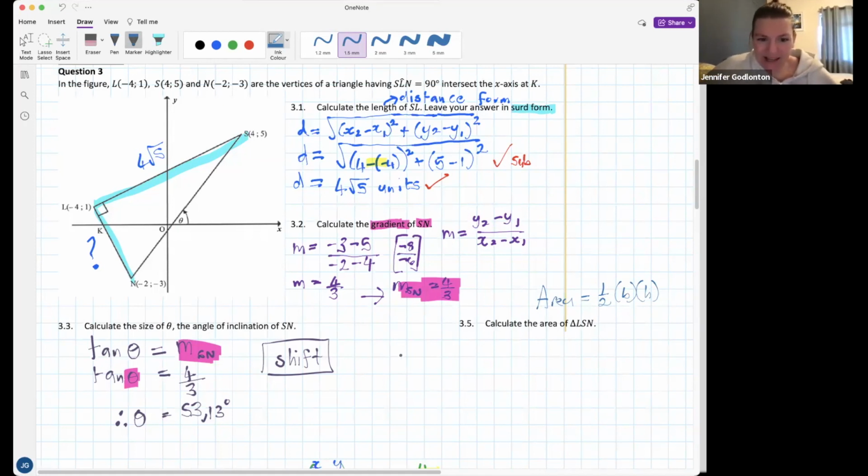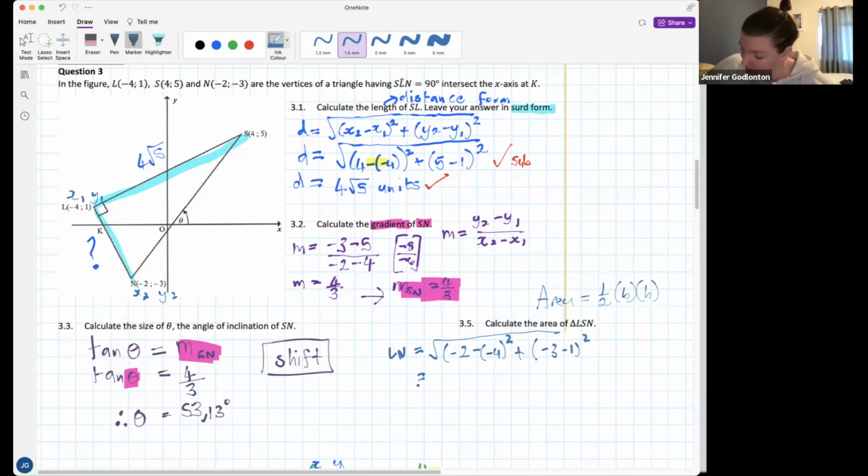Okay, so let's start by finding the distance of Ln. Ln is equal to the square root of... If I'm looking at this, I'm going to make this one x1, y1 and this one x2, y2. So we're going to say x2, that's -2, minus x1, minus -4, all squared, plus y2, which is -3, minus 1, all squared. And if we pop that into our calculator, we should get,